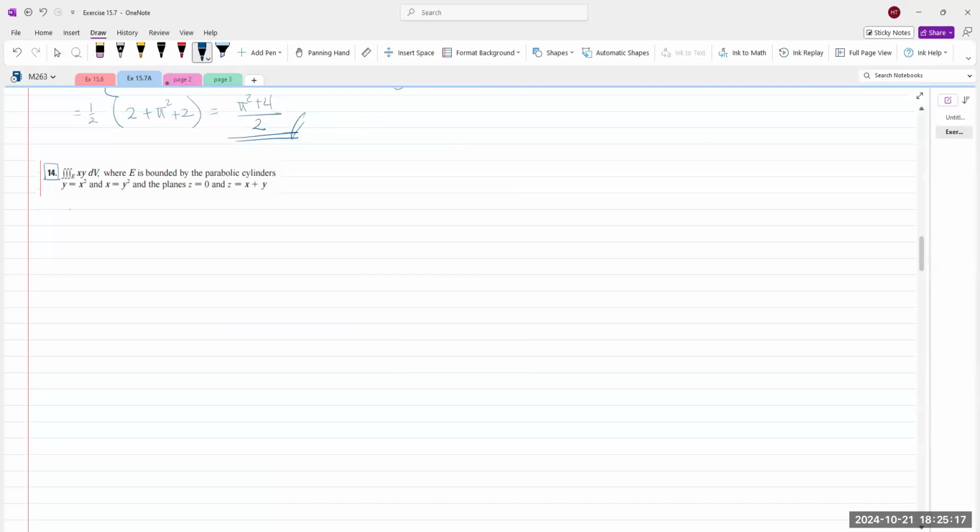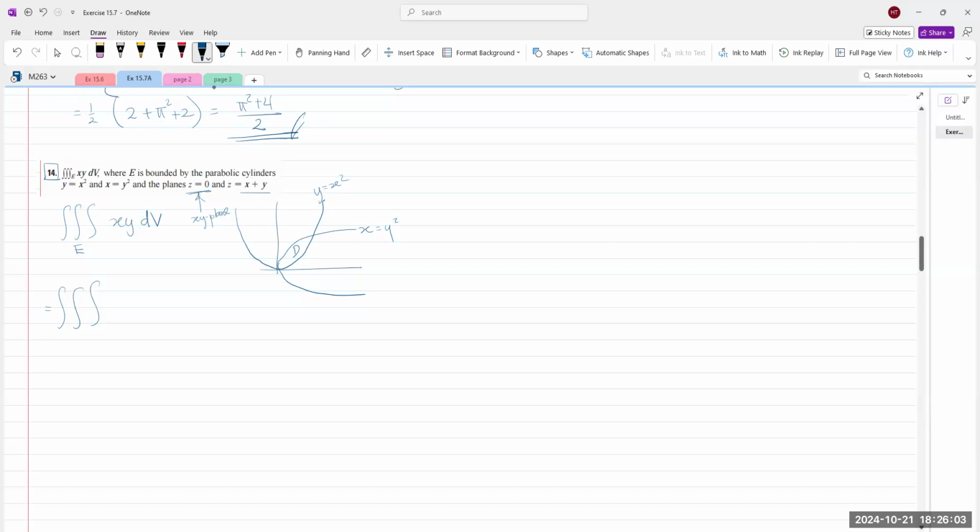Triple integral over domain E of xy dv, where E is bounded by parabolic cylinders, y equals to x squared and x equals to y squared. And then the plane z equals to 0, that's the xy plane. And bounded above by x plus y. So the domain in 2 dimensions is this. Okay, so triple integral